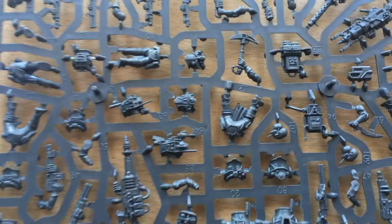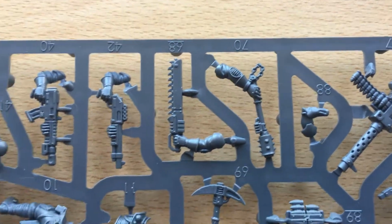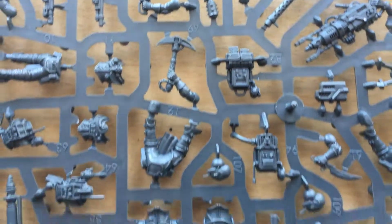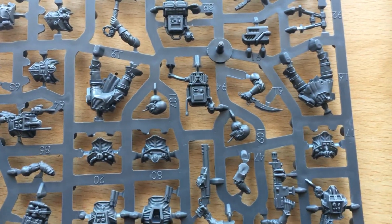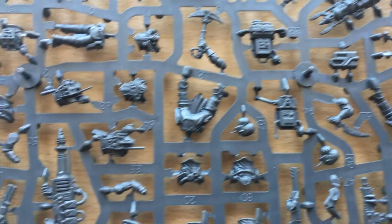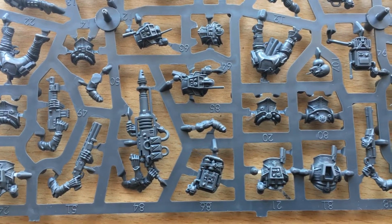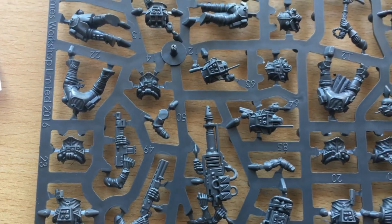Bodies. Now this is a more command sprue, so you can see there's a power pick, there's a power maul, chainsword. There is, what else? There's a knife, power packs and tripod for the seismic cannon, sorry. Backpacks to go with the mining laser, variety of shotguns,